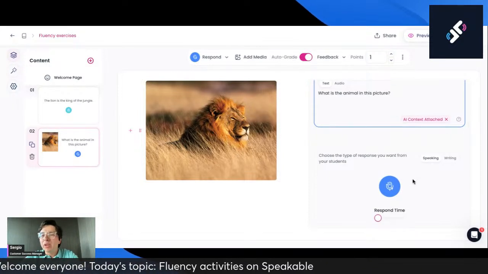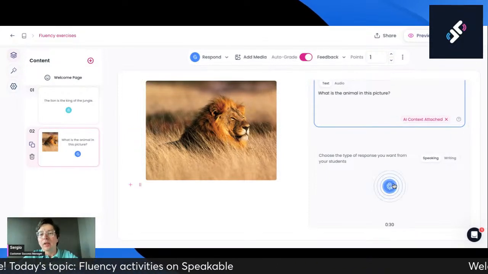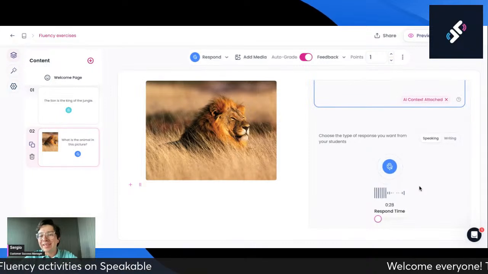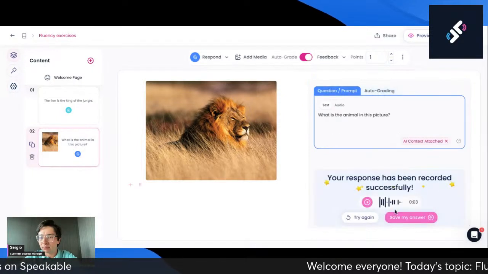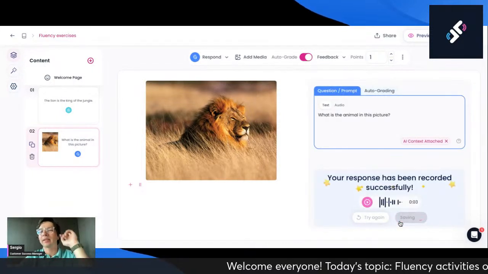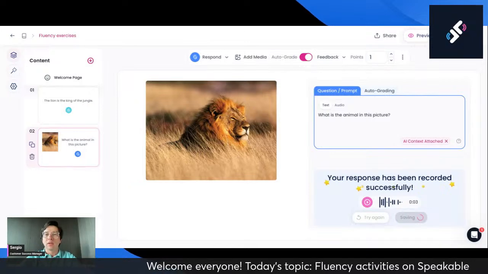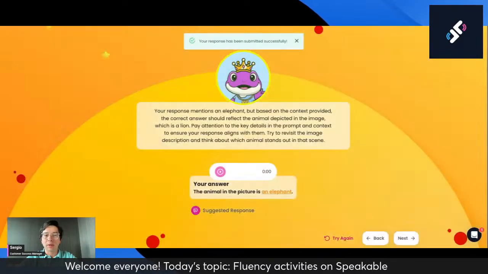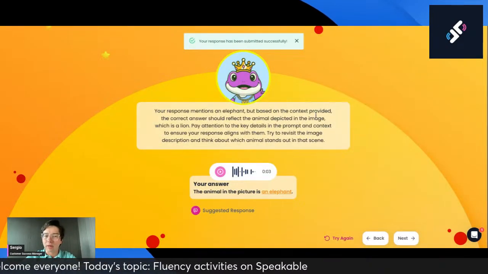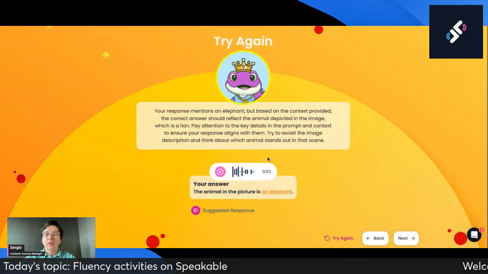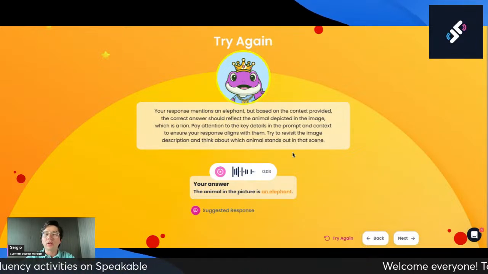But I'm going to be wrong. Let's see what happens here. The animal in the picture is an elephant. Let's see what the AI thinks about my answer. And of course, it was incorrect, right? So what if you want